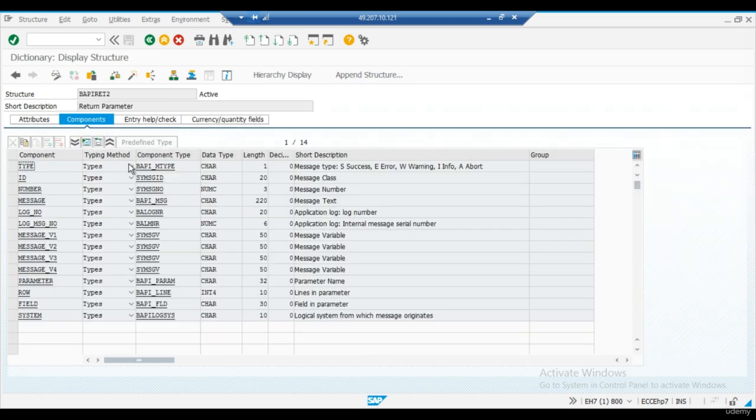Yes, so here this is also a structure, and there are some 14 fields. One of the important fields here is type. It will give some message type, so this type is nothing but the message type. It is a character of length 1, and it can give the values